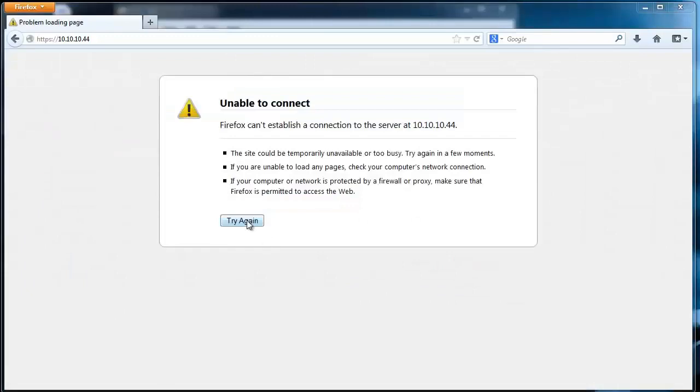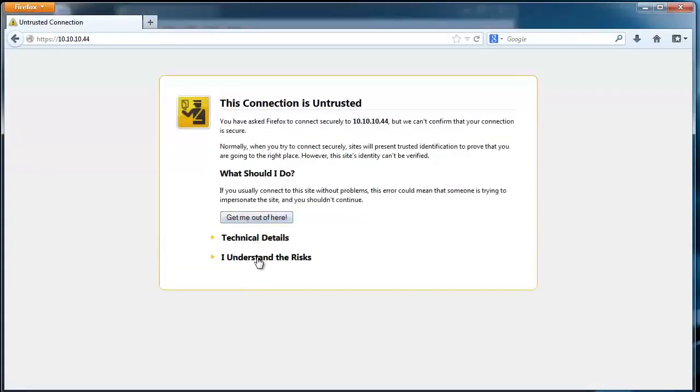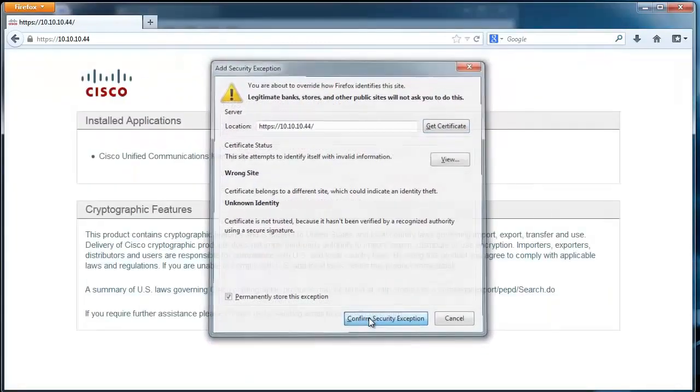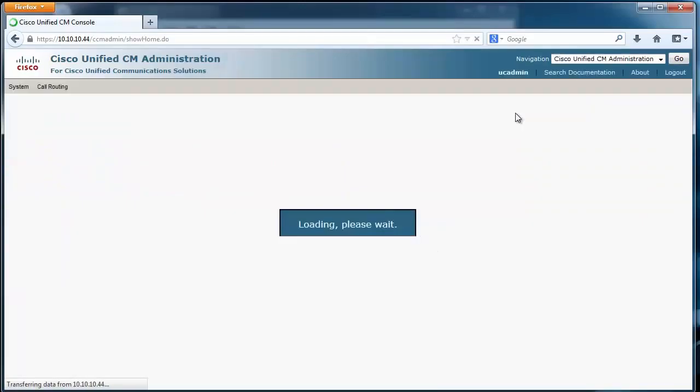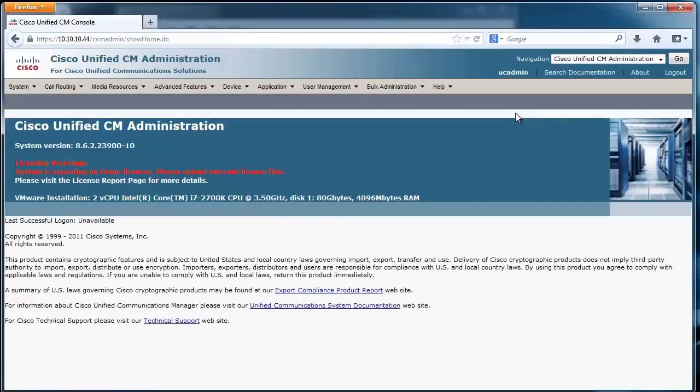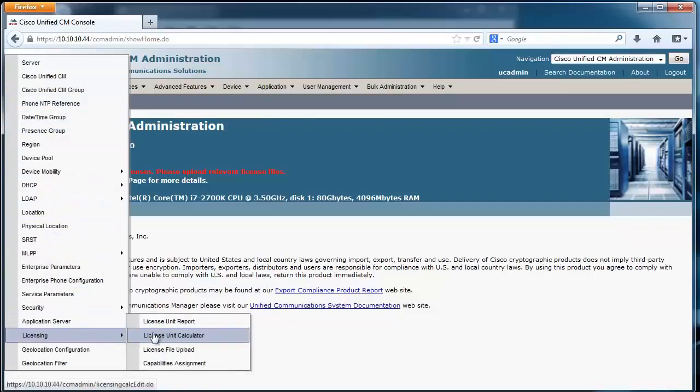Alright, so let's go ahead and try it again. Okay. Now we have the prompt, so let's log in again. And this is pretty much the start of the lab. The only additional thing I wanted to show you is this license warning: system is operating demo licenses, please upload relevant license files. If you go and look at the actual licensing,